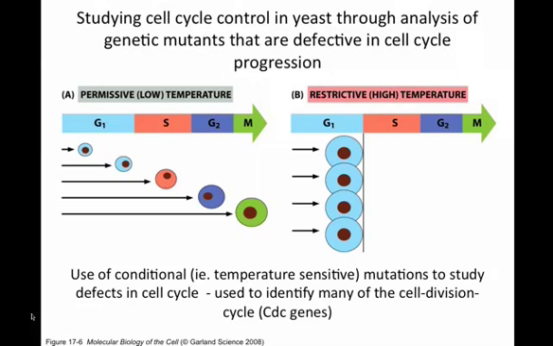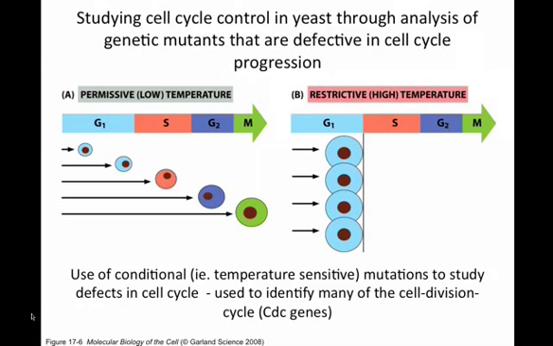There is a question on the quiz about that, so hopefully you all understand that concept now. But just to review for those who might still be confused, these are genetic mutants that are fine at the permissive temperature, but at the restrictive temperature, which is usually when you increase the temperature,